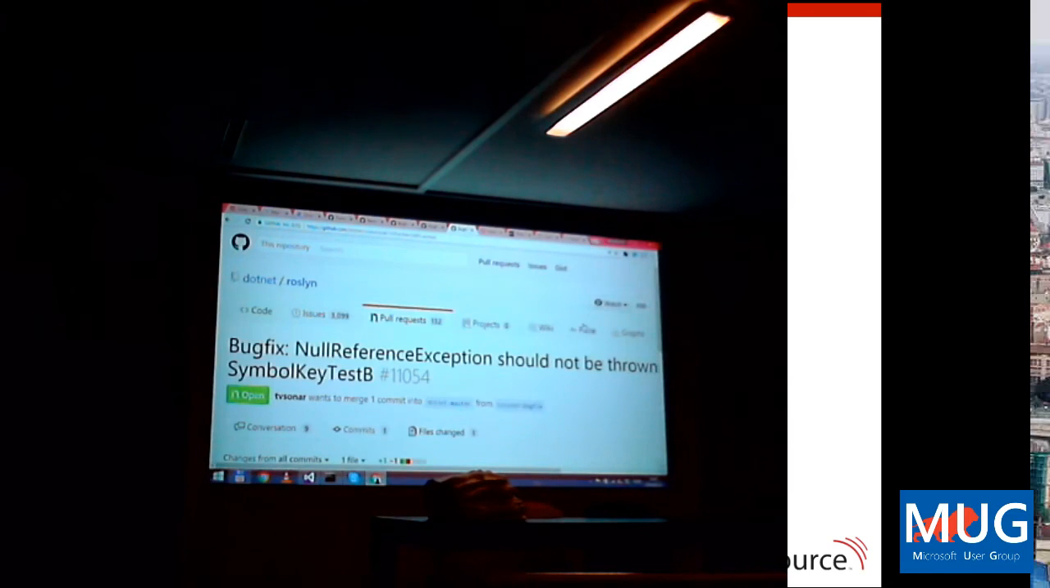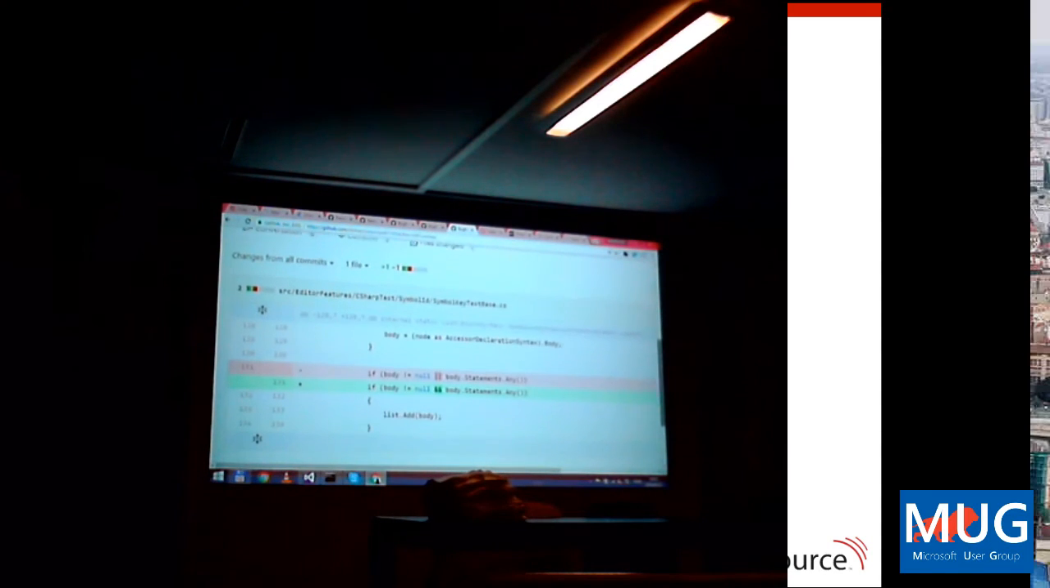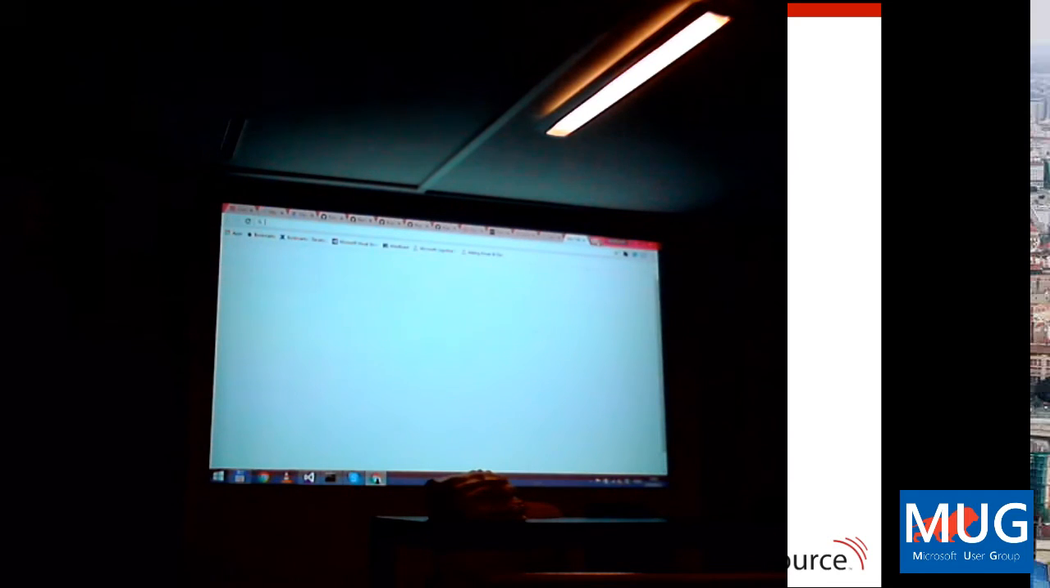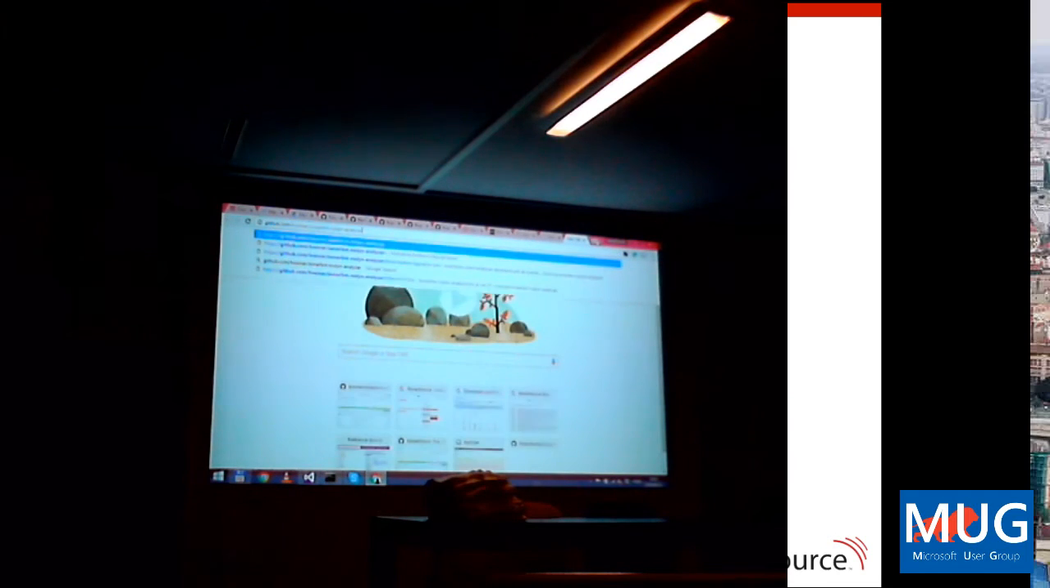And what else do we have here? Oh, that's a common problem. Something is not null and something, or something is not null or something. And in this case, again, body not equals null, or body.Statements.Any. Like in this case, body will be null. And it's like, okay, someone committed this crime in Roslyn, but let's say we go to GitHub